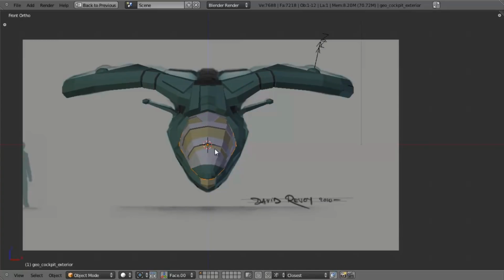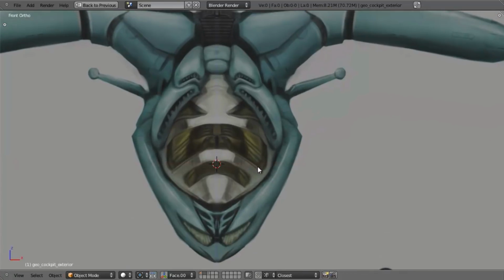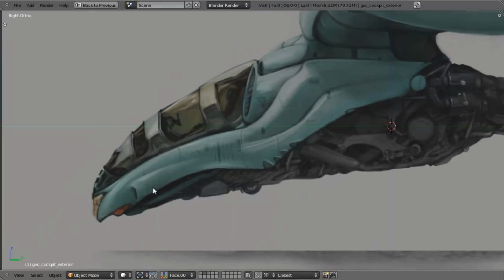If we look at our modeling sheets, we can see that we have these various details in here, this kind of paneling along the windshield where the pieces of glass are in between each of these metal sheets. Then we also have the nose area right in here. We've got some headlights, this kind of vent area, the vents back here. If we switch over to the side, we can also see that we've got some more lights right in here,